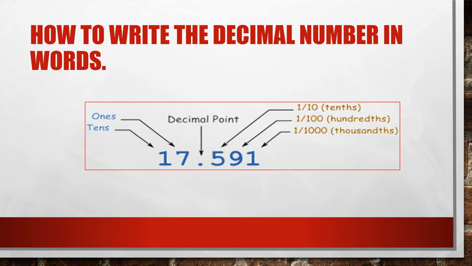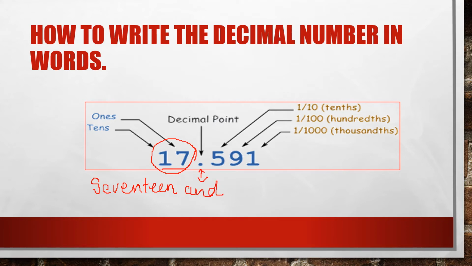So to write the decimal in words, I'm going to give you a very good trick. So just listen carefully. In this, the whole number part which is on the left side, you will be reading it together. So what is it? It is 17. This is how you used to do in class 5. So you will write here 17. Right, after that you have a decimal point, and we cannot ignore the decimal point. So instead of the decimal point, can you see this decimal point? Instead of that, you will be writing here